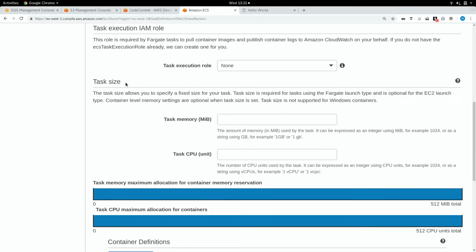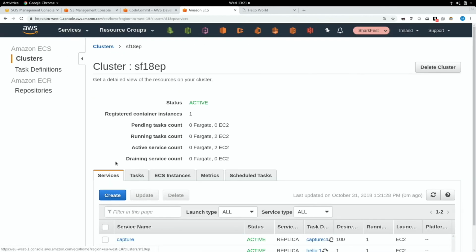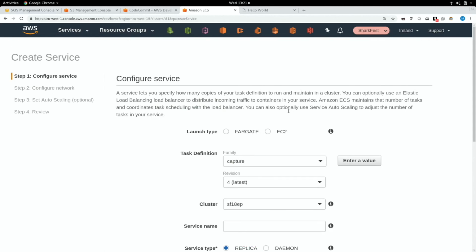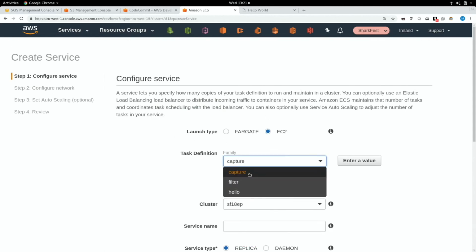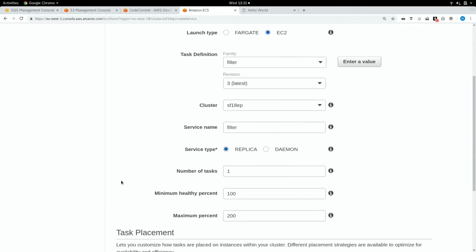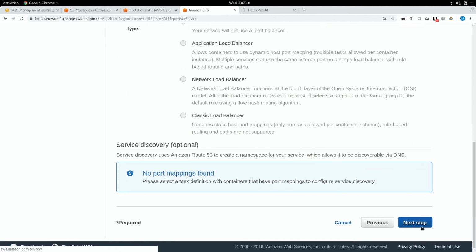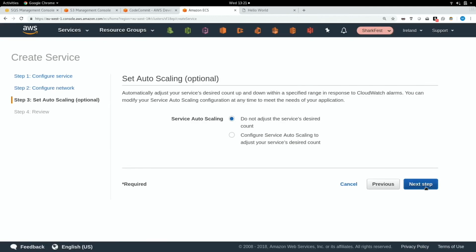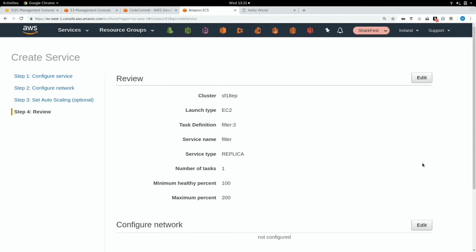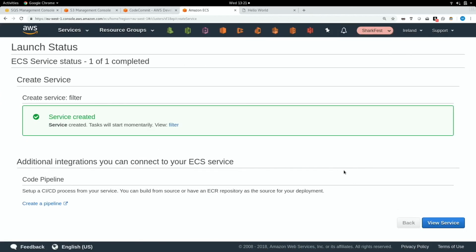So what we can do here is deploy that onto our cluster. Go back to our cluster, and we can create one of those. We're going to go for EC2. We're going to call it filter, obviously. And we're going to have just one task here. Now this is where I'll come back to it in a minute, actually, because it gets slightly interesting about auto-scaling, and we can talk about that a little bit more. But there we go, we've got a number of tasks of one. We'll create that. That will then get built and deployed, hopefully, in a second.